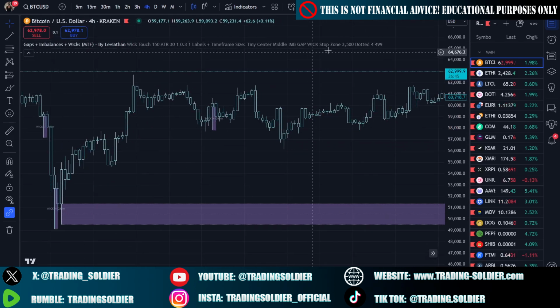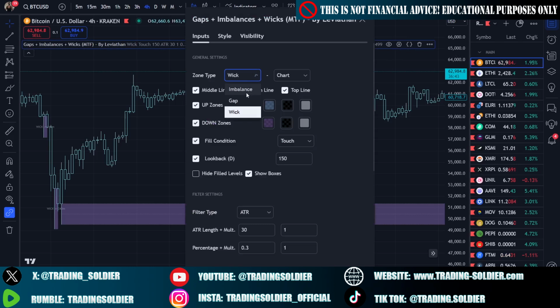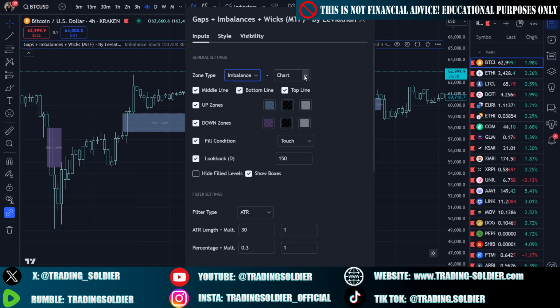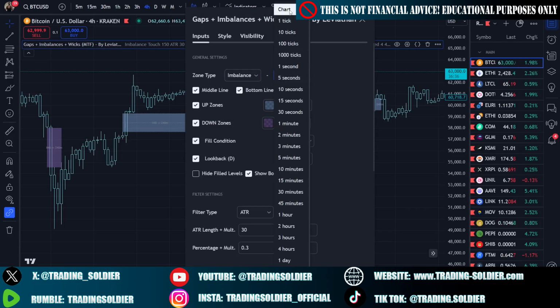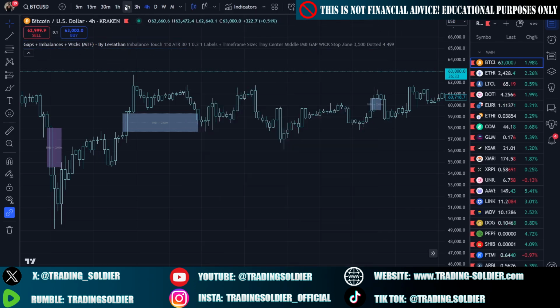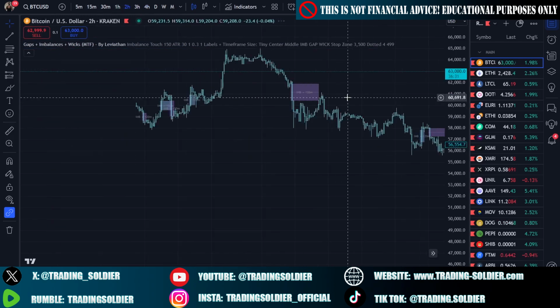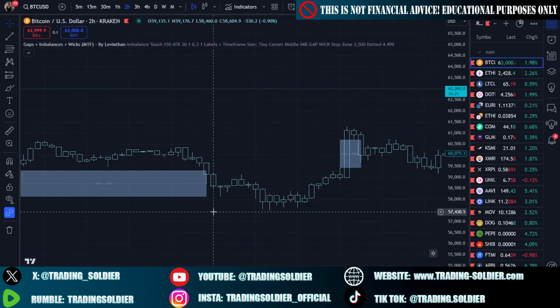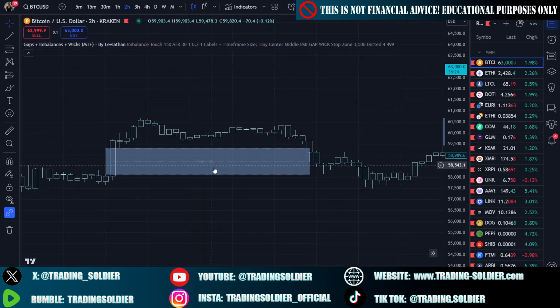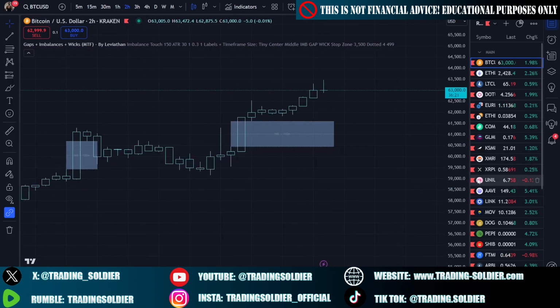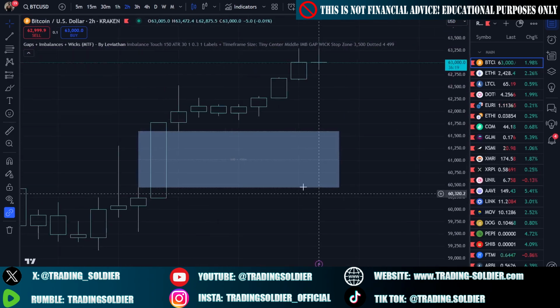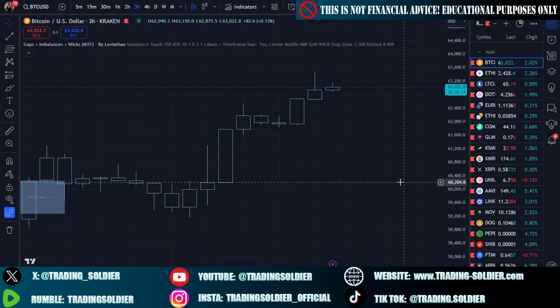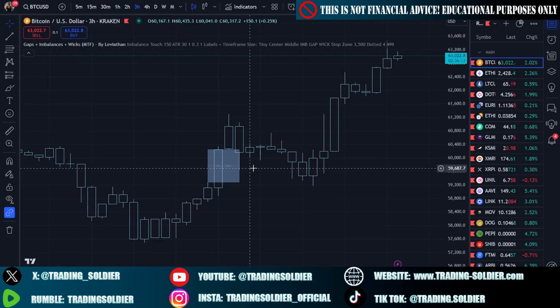But I prefer to use this indicator with the imbalances option. Here you have selected the chart. The time frame will be the one that you have selected in your chart. So if we switch to 2 hours, you can see that these imbalances are in the 120 minutes. You can see a little tag that says 120 minutes, that is 2 hours. If you switch to the 3 hours, you will see that every imbalance that this indicator takes into account,